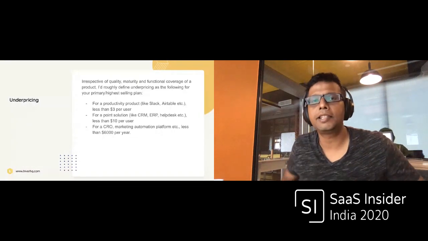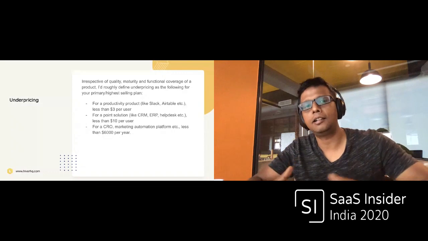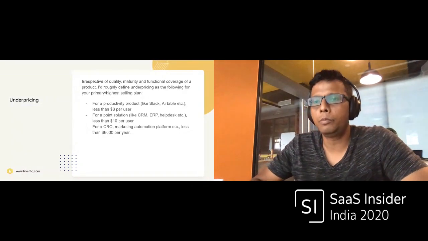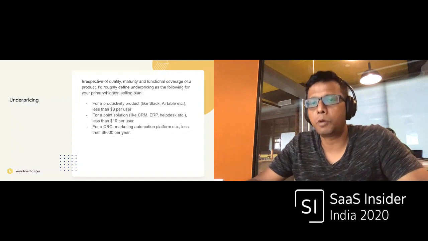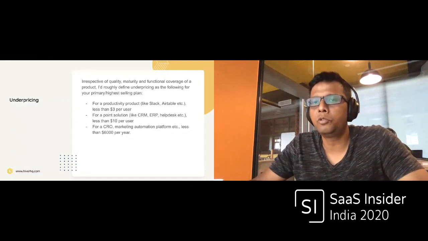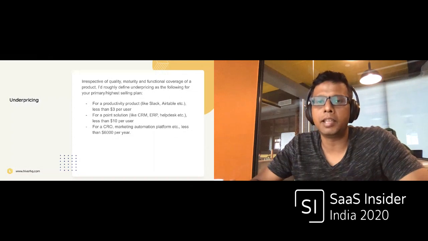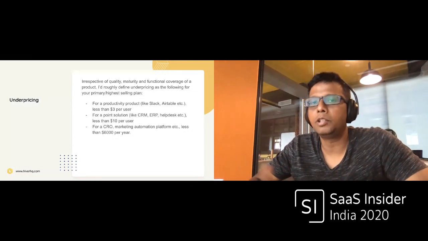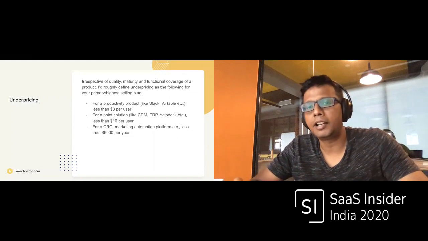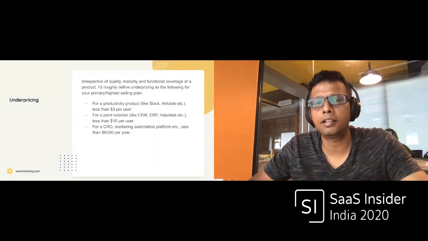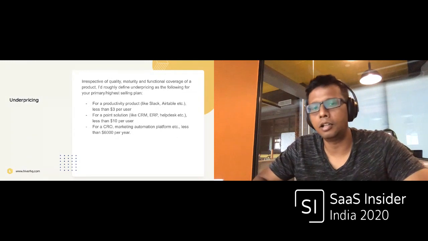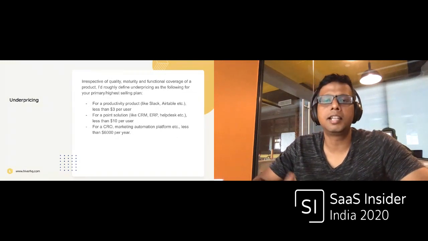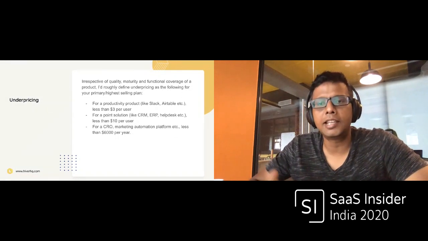I define underpricing irrespective of the quality, maturity, or functional coverage of the product, right? So you might have a help desk product which has just one feature and it is extremely buggy. This definition of underpricing, as I define it, would apply even in those cases. So the way I define it roughly is that if you have a product like a Slack, Airtable, a general productivity slash collaboration product, if you're pricing it under $3 per user,